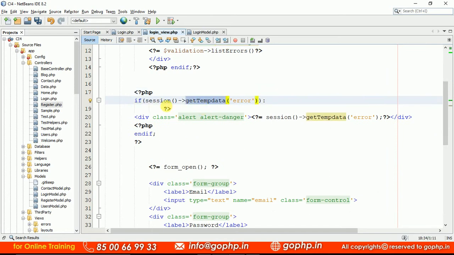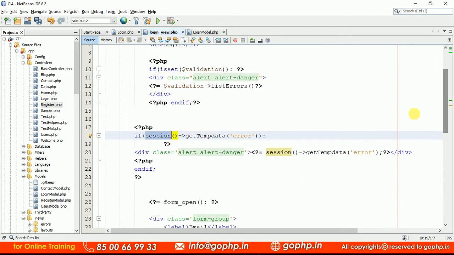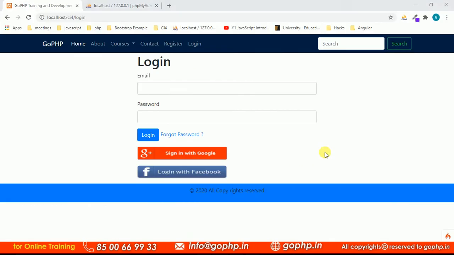I'm getting the temp data, session of temp data. Did you see, here I'm directly writing? I didn't load any page session here. We can write directly, no problem. This is also one more way, or else we can define a page session equal to something like we did in the earlier session. We don't want to do that, and we can directly write the helper method like this, session of get temp data. This works the same. Here also I'm writing session of get temp data, and if you have any error, it is going to display the error message.